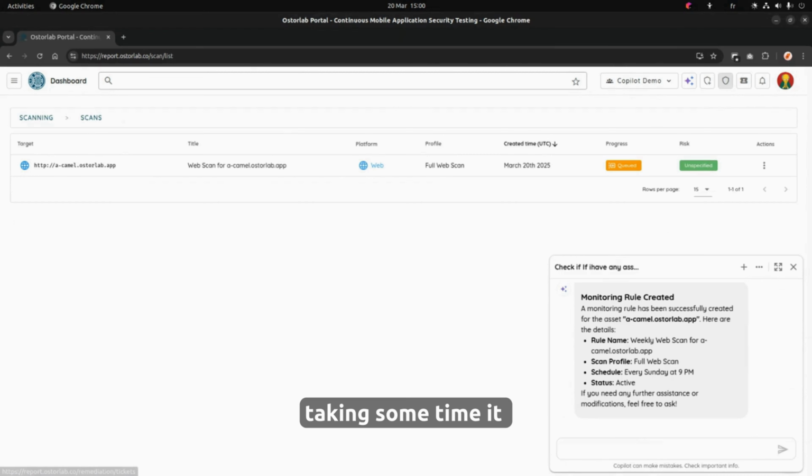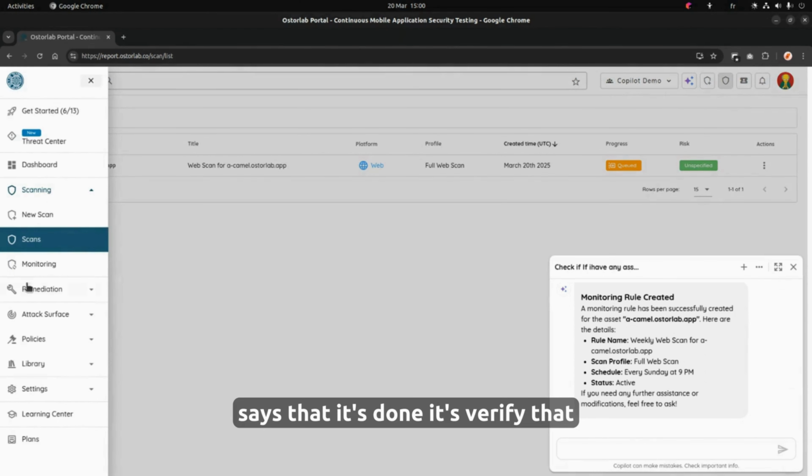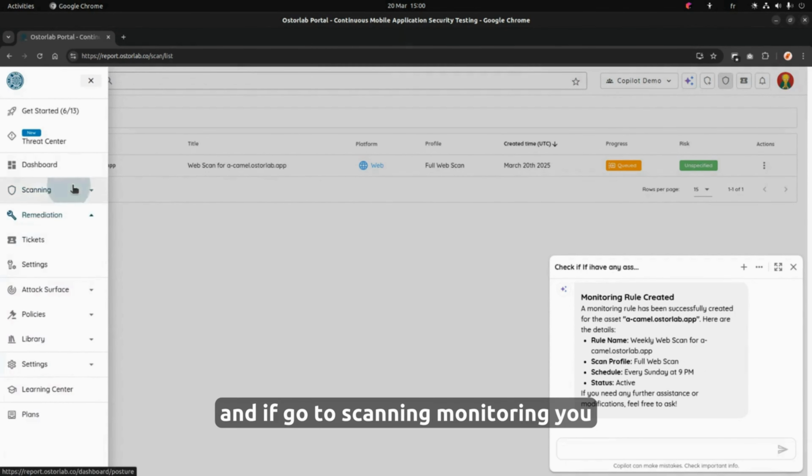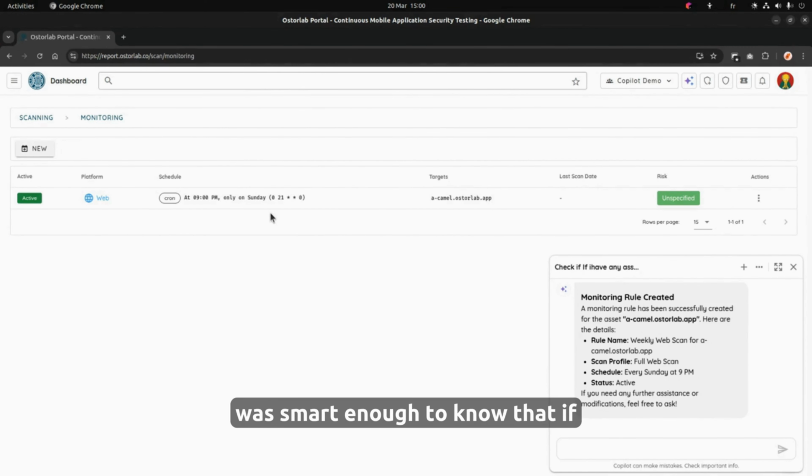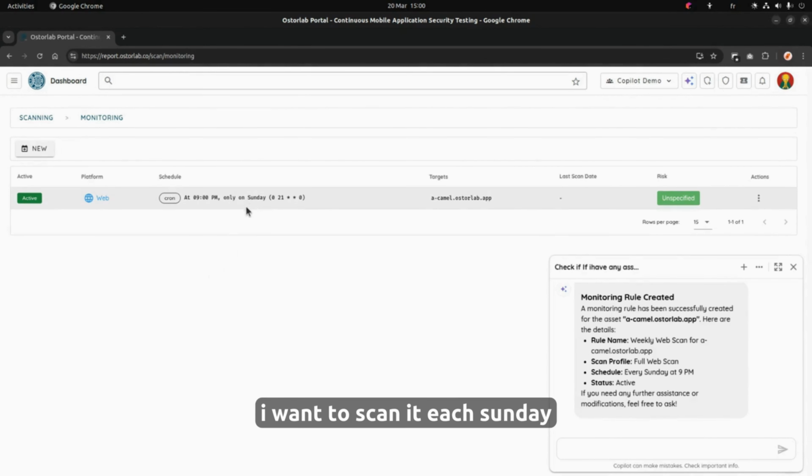It's taking some time. It says that it's done. Let's verify that. If I go to scanning and monitoring, you can see that it did create the monitor rule for that target. I asked it to do it, and it was smart enough to know that if I want to scan it each Sunday at 9 p.m., I need to do a cron, and it did write actually the right syntax for